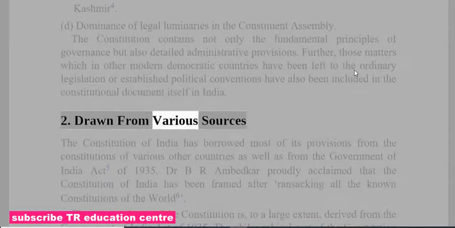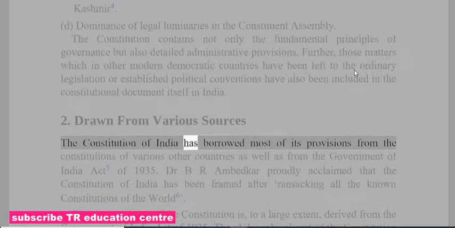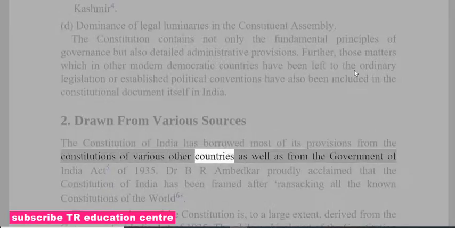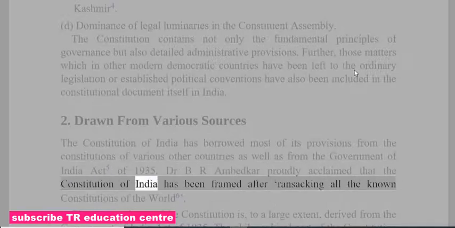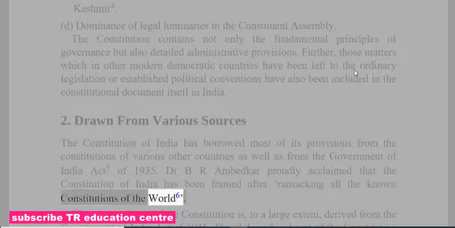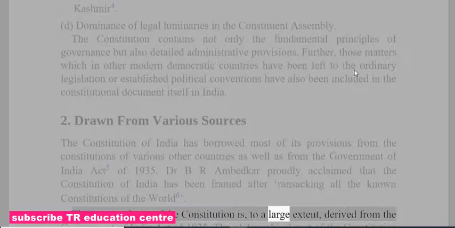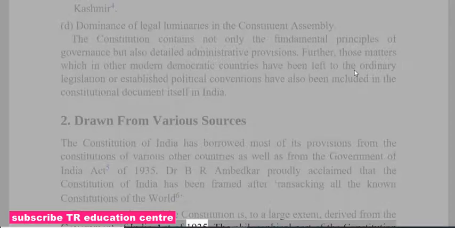2. Drawn from various sources. The Constitution of India has borrowed most of its provisions from the constitutions of various other countries as well as from the Government of India Act of 1935. Dr. B.R. Ambedkar proudly acclaimed that the Constitution of India has been framed after ransacking all the known constitutions of the world. The structural part of the Constitution is, to a large extent, derived from the Government of India Act of 1935. The philosophical part of the Constitution,